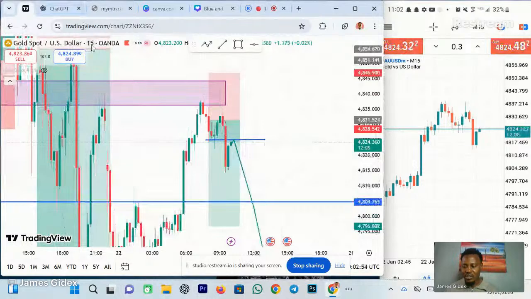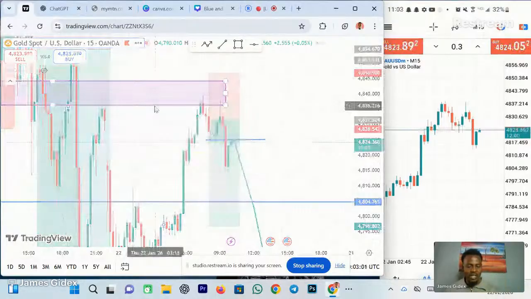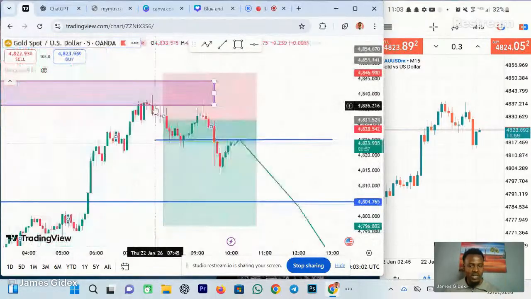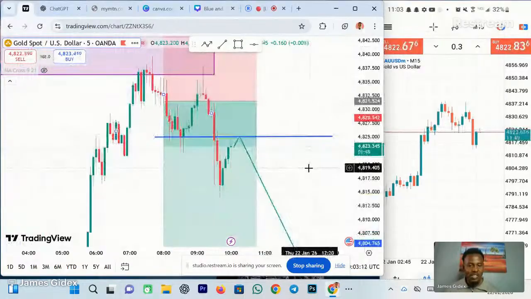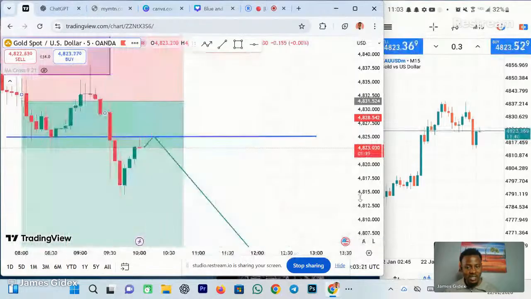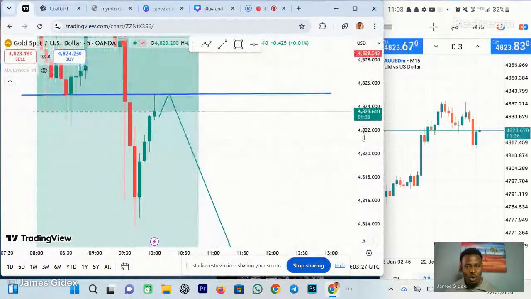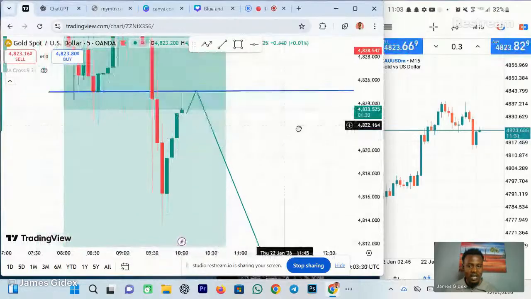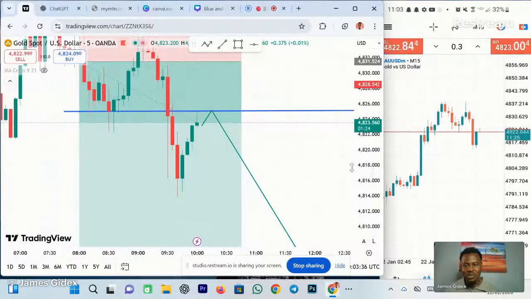Since we'll be using this, let's try another 5 minute time frame to get the clarity of what the market is doing at that particular zone again. As you can see, it has been in that zone for a while. If I should get into the market, I'll get in around this side. It has retested that zone in the 5 minute time frame, as I said to you guys. So don't get in yet until this particular candle closes. That will possibly give you the confirmation of where the market is going to finally.